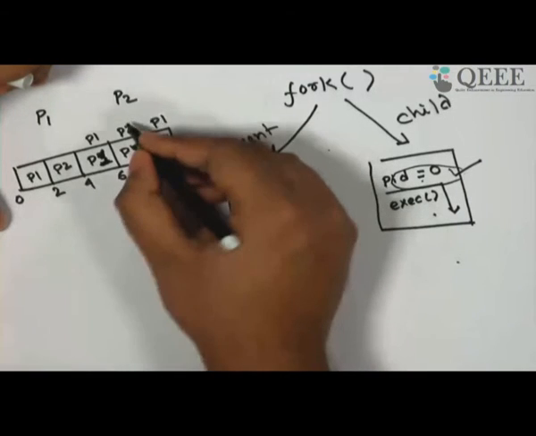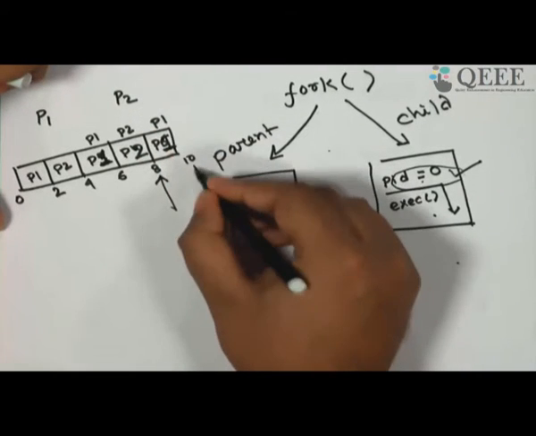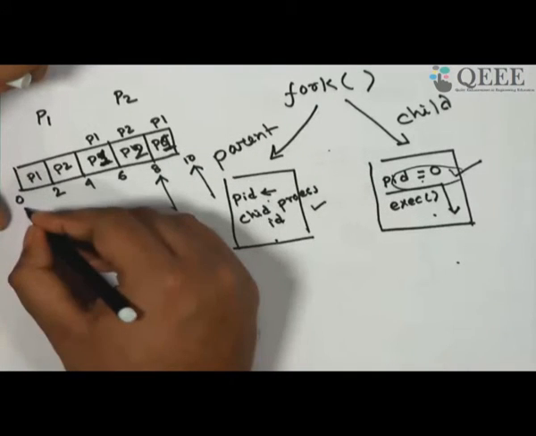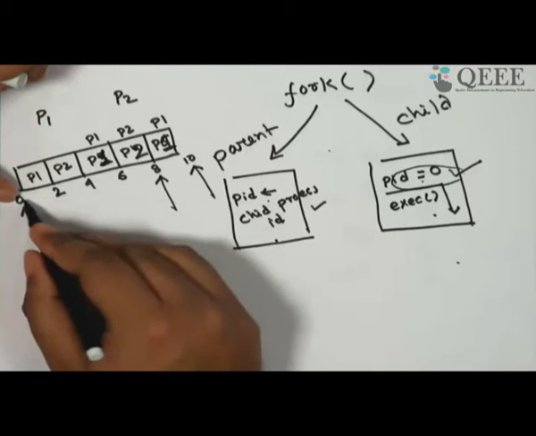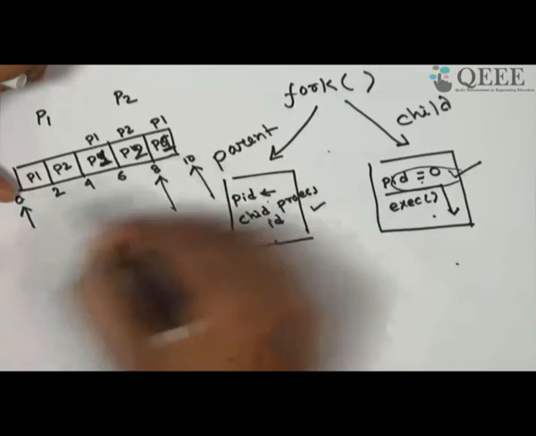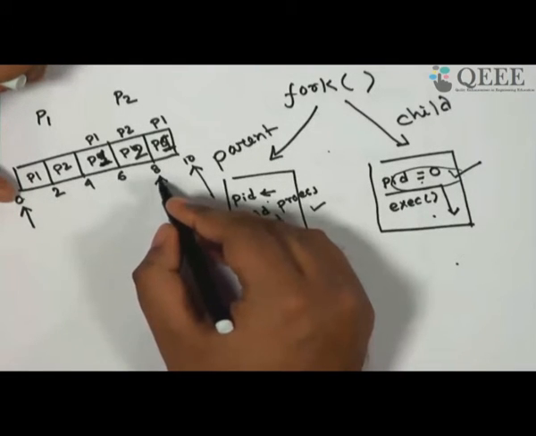Now assume that the execution of P2 gets completed here and the execution of P1 gets completed here, and both the processes start at time 0. So that is why the turnaround time of P1 will be equal to 10 seconds, or 10 milliseconds, whatever unit you are putting here, and the turnaround time for P2 will be 8 milliseconds. So that way you can compute the turnaround time. So it is basically how much time, once the process enters the system, it takes to complete.